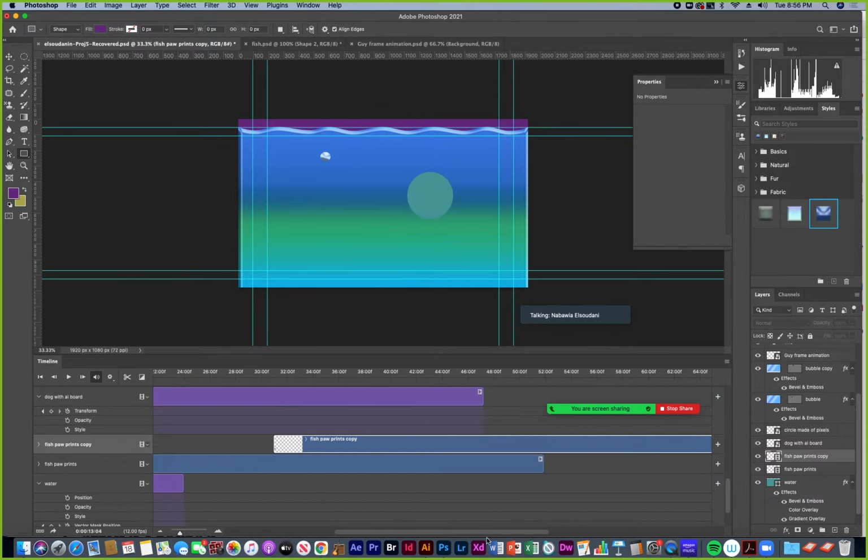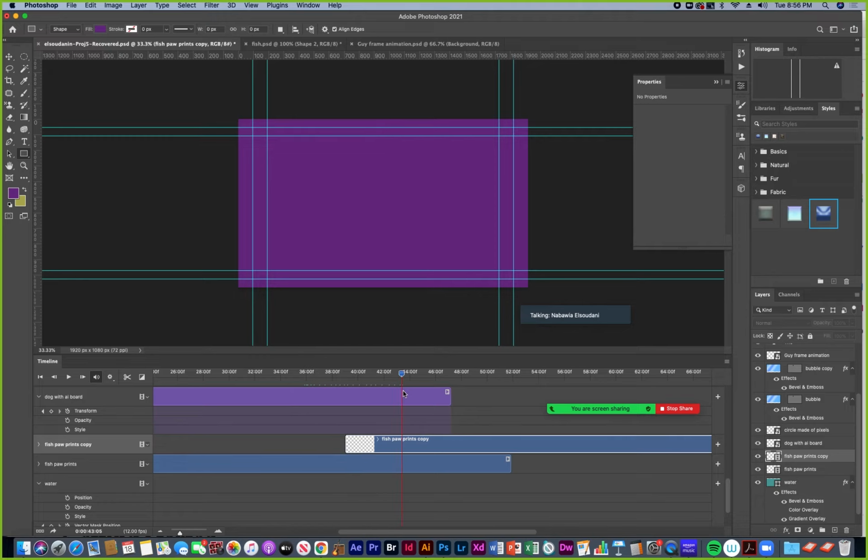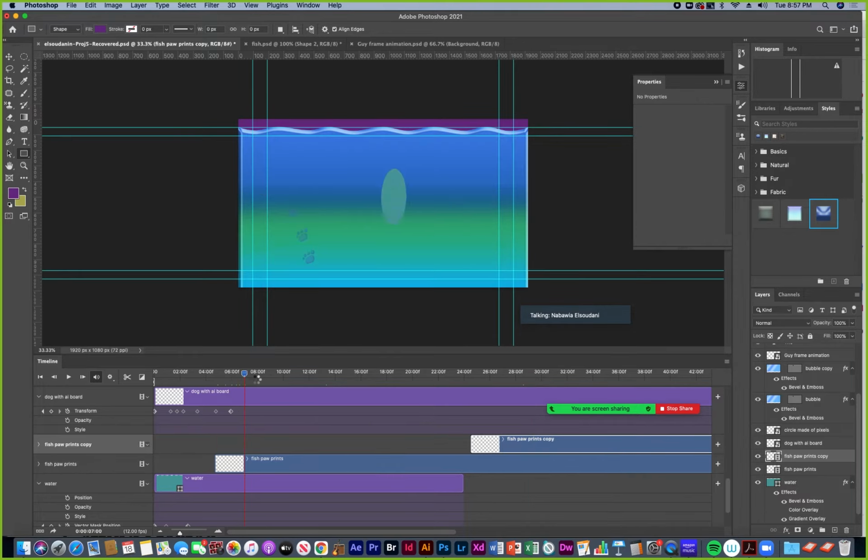You could also drag a layer down. Let me just see this one. Actually, this kind of ends here, and then nothing's really going on.